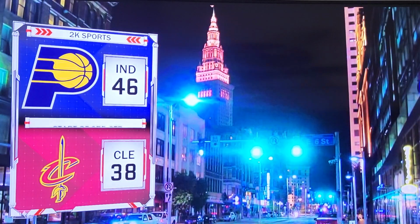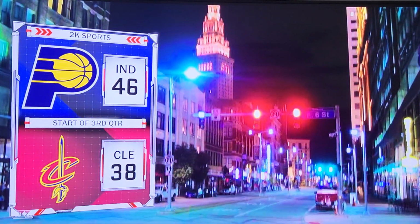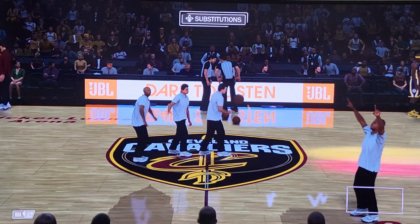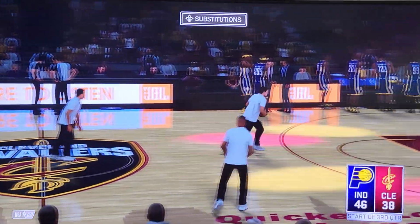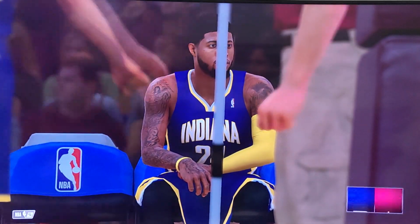As we return, a look at the corner of Euclid and East 6th in downtown Cleveland, just a few blocks from our spot here at Quicken Loans Arena. Now the third quarter on the big bar. You look at Paul George, he's been everywhere, and through 2 quarters,